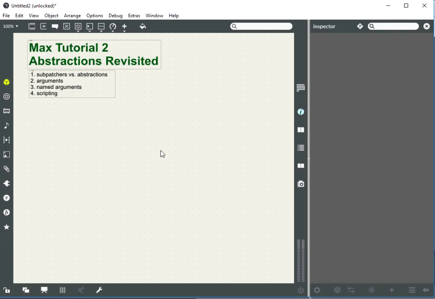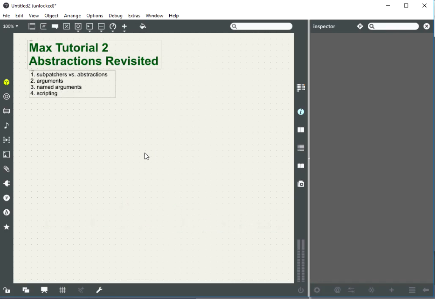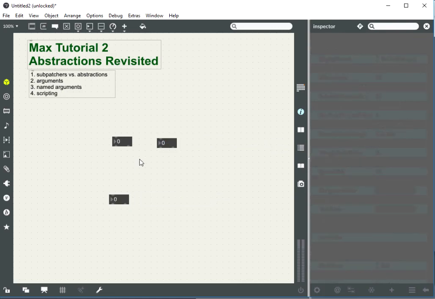So to start with the first of these topics, what is the difference between a subpatcher and an abstraction? In my first tutorial, I actually misspoke twice in the length of that tutorial and used the word subpatcher when it was inappropriate. A subpatcher is a simple way of hiding code that you don't really want to look at. So I can perhaps just create a most trivial example of that by coming up with some sort of